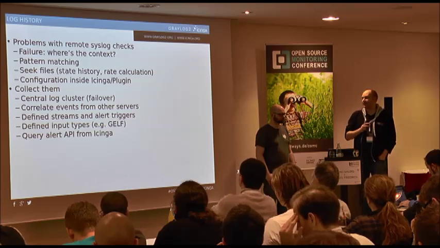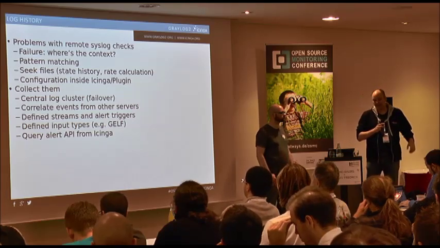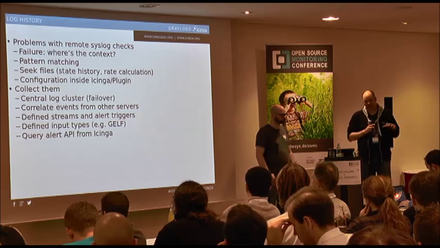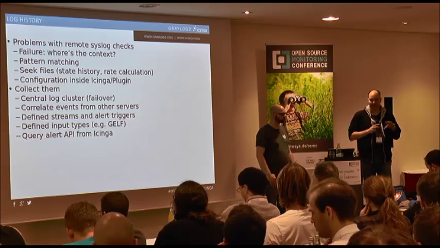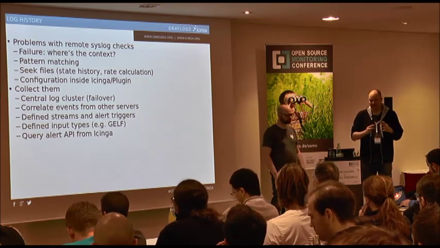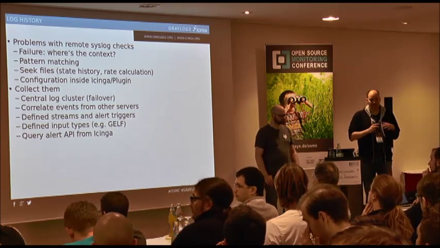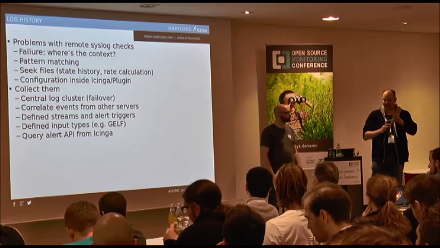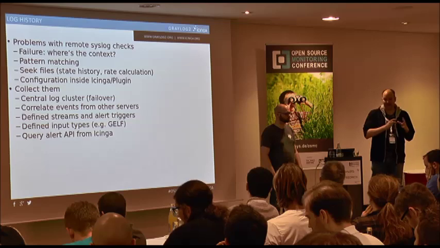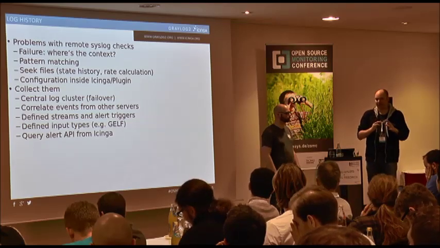But sometimes it's also important to see that maybe there was a network outage which influenced a lot of servers and a lot of stuff in your network, and you want to correlate these events into something bigger and see, okay, the web server for the shop didn't really die, there was some interruption in the connection. You can combine that and see it in your dashboard for your log collection management.